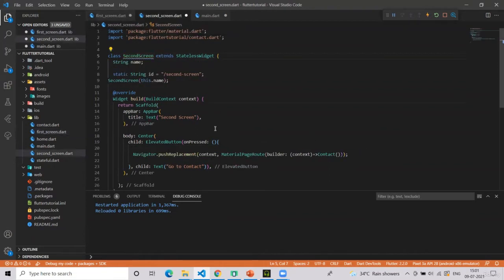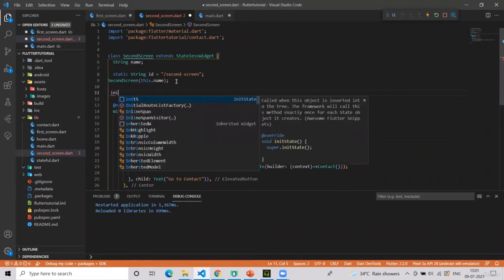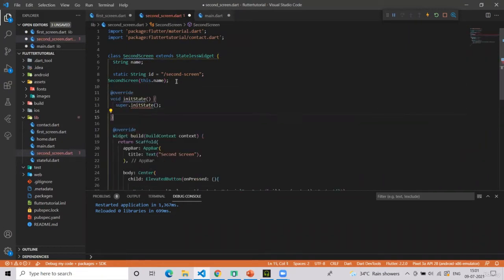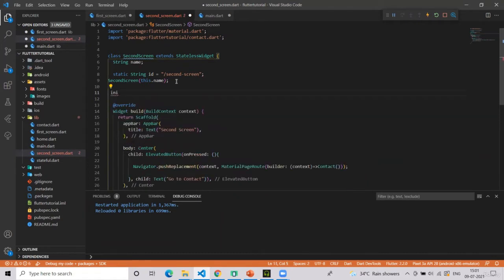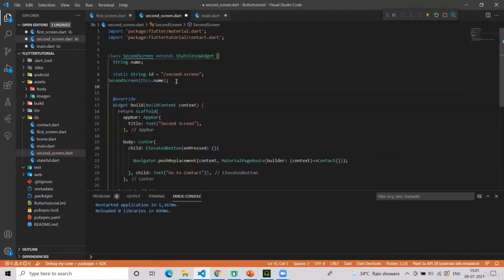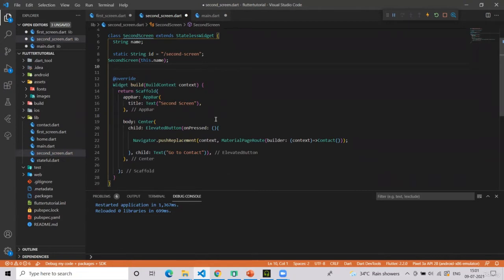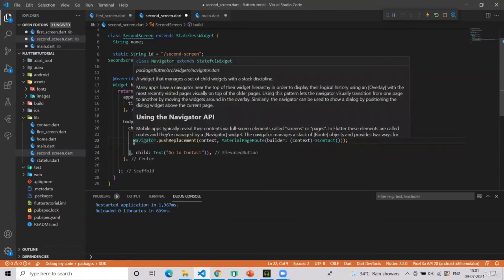Now in the second screen, oh sorry, this is a stateless widget. So we have this button go to contact.